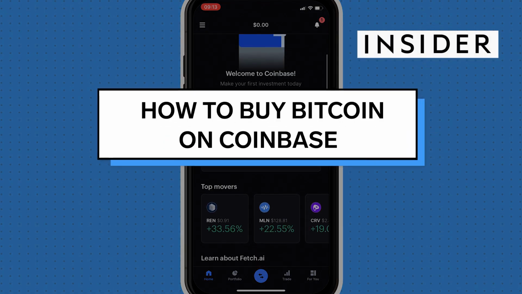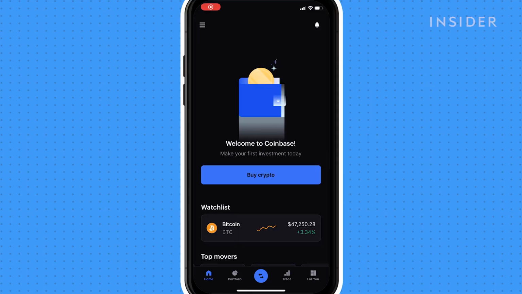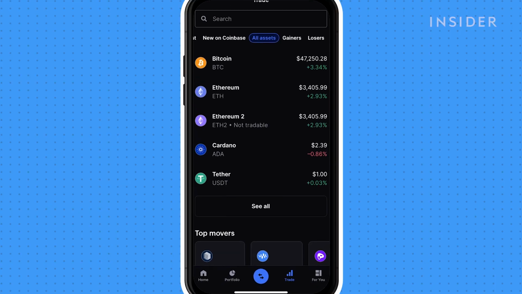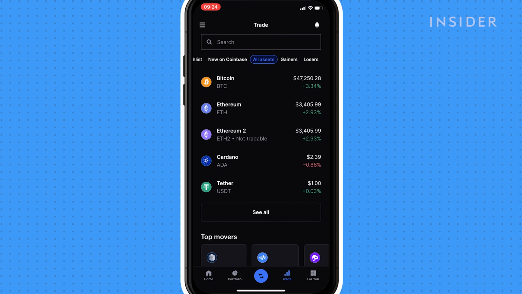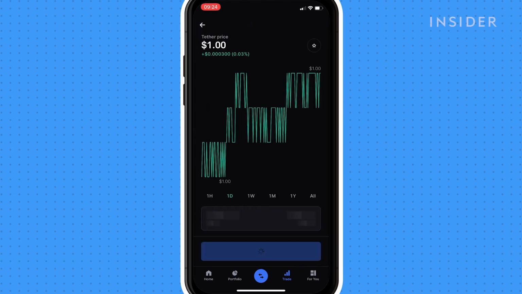Here's how to buy Bitcoin on Coinbase. To invest in crypto using the Coinbase app, click on Trade. Under the Tradable tab, you'll find all the cryptocurrencies you can invest in through Coinbase. Scroll and press on them to see how they're performing and their price,